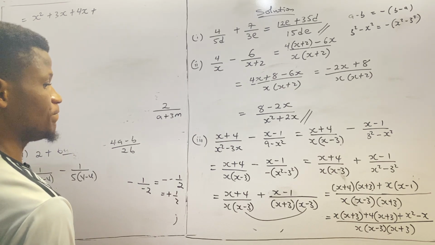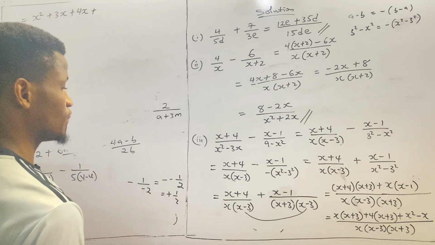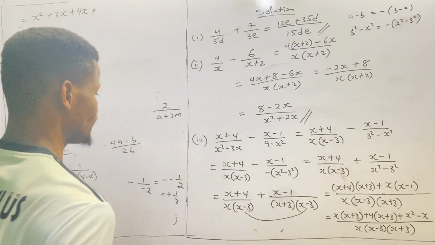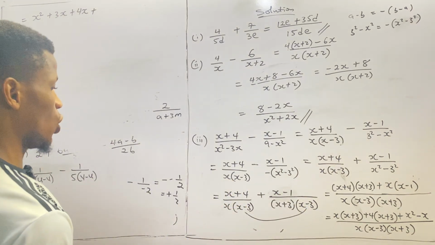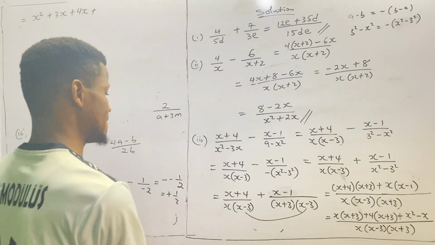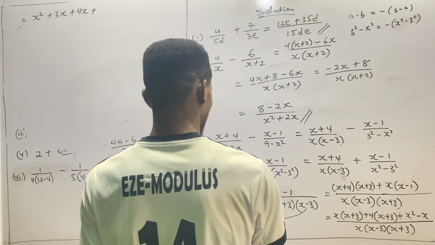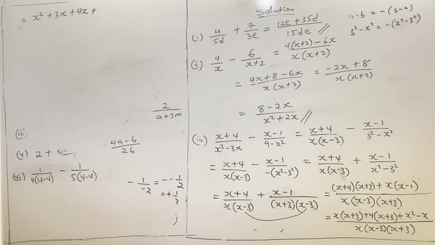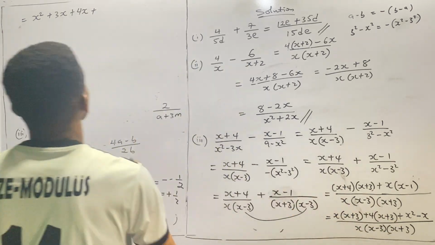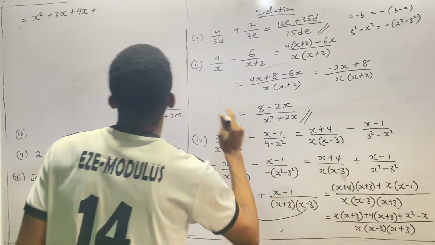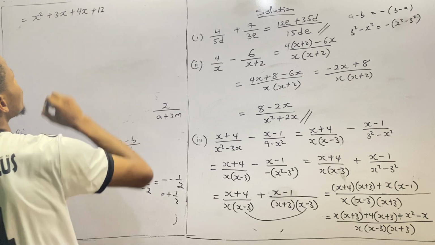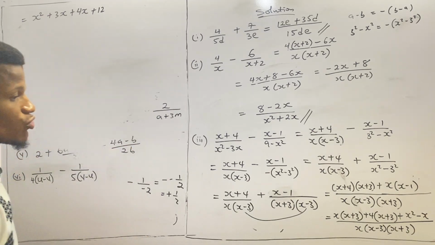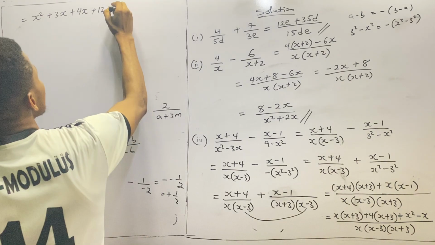This cancels this. Okay, we're not making a mistake. So 4x, then plus 4 times 3 is 12. All right, 4 times 3 is 12. Then plus